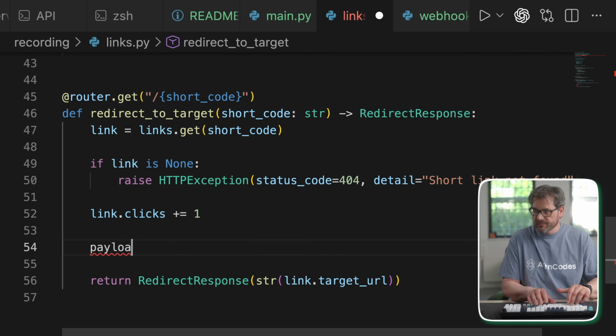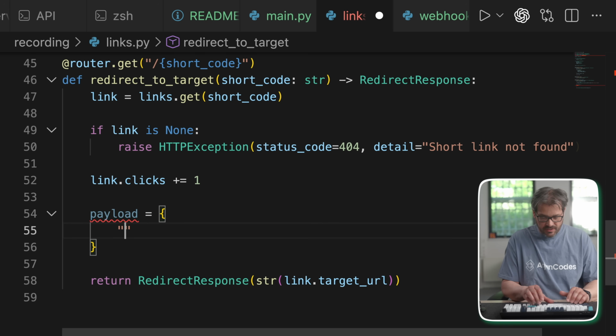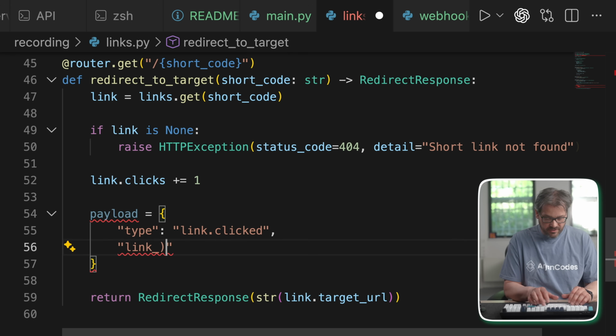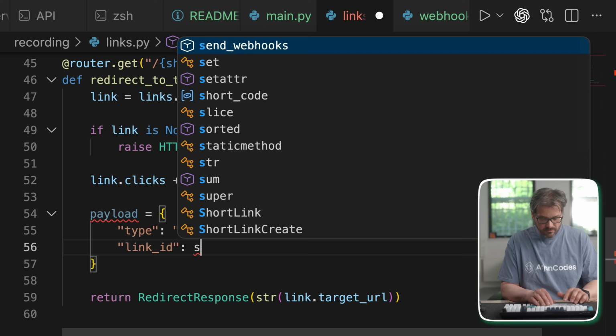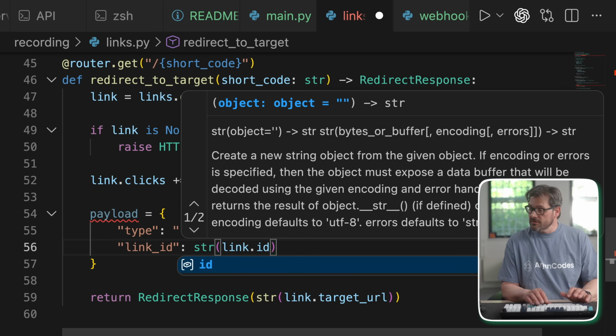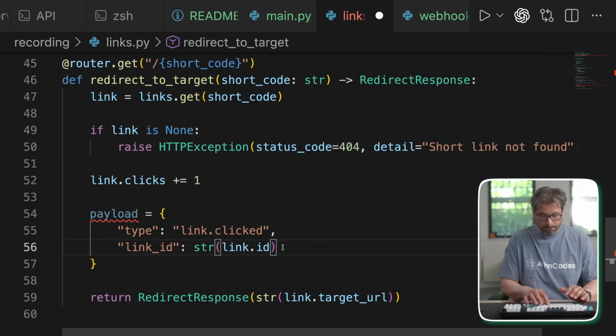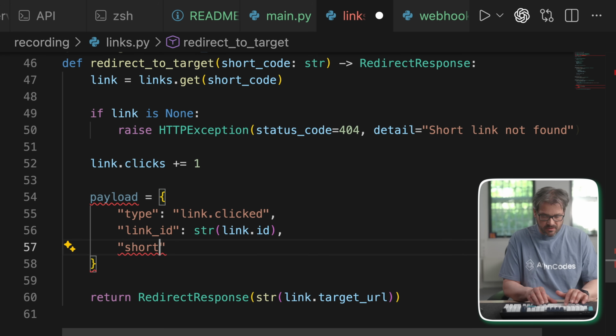And then if I go to my redirect to target, well, of course we have to think about what we're going to send. So let's define a payload. Let's provide a type, let's say link.clicked, and we can add more types later on. Let's also provide a link ID. So this is going to be the ID of this link object. We can supply the shortcode,